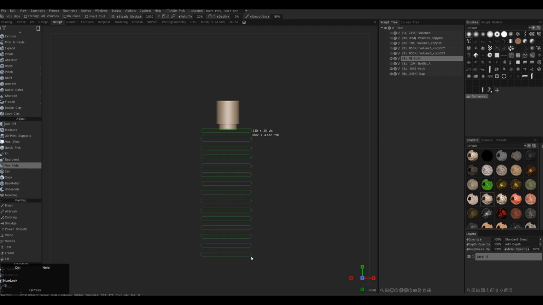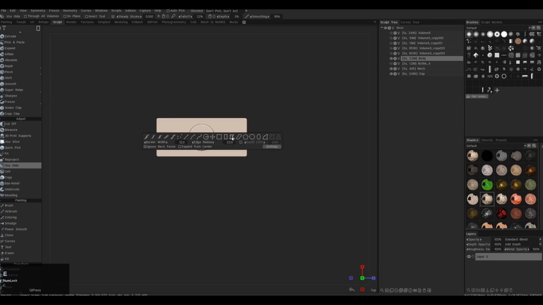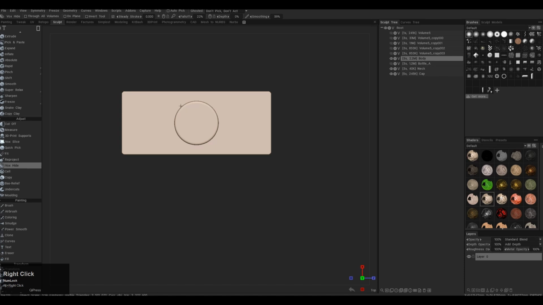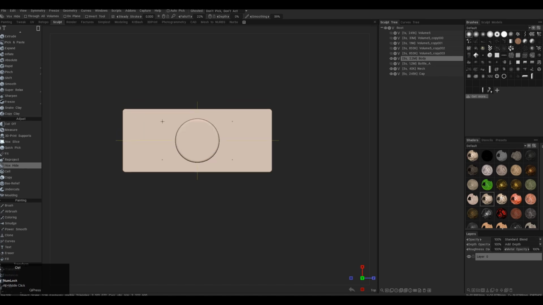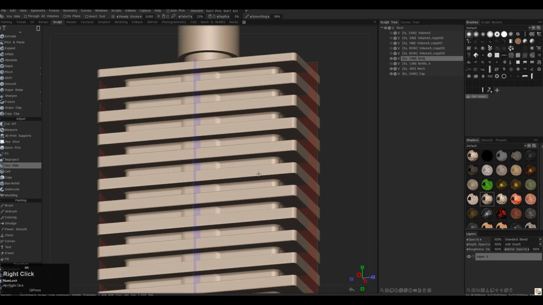So press Control to unhide. So we get that, and then I will do unhide from the top. Actually, for that unhide, I want to activate the symmetry. Enable the symmetry, and pressing Control click and releasing that, and I'm getting